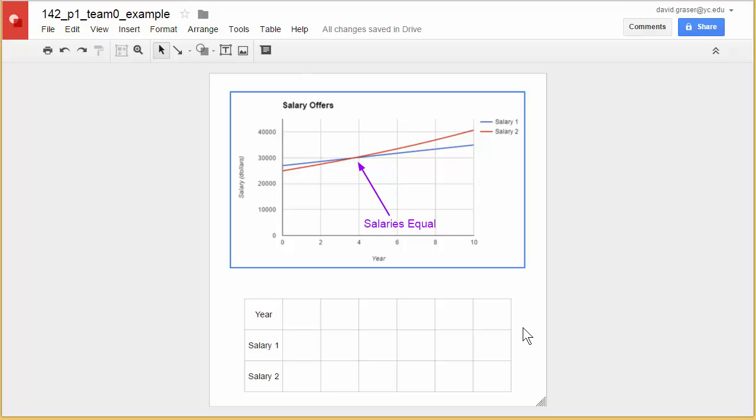But the idea is all the different things you put on here, you're going to have each one of your team members maybe working on a different aspect of this. You're going to probably have a table filled in here. You may be pointing to some things about the table. But all the things that you have in here, you're each going to kind of contribute to this equally. And you're going to go ahead